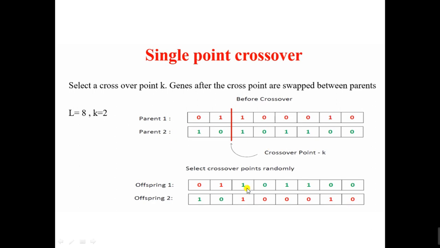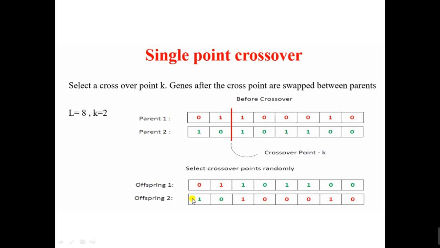After single point crossover, see here, 0 1 is as it is. The remaining portion of parent 1 is swapped with the second parent, so that is why offspring 1 looks like this. Offspring means child. Similarly, if I cross over at the same point, parent 2's 1 and 0 stay as they are, and this parent 1 gene is swapped with the parent 2 gene.